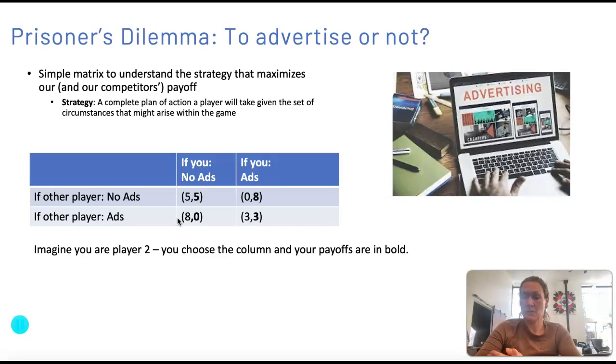You maybe have this much information, right? You can approximate what your competitors' payoffs might look like, but you don't know their choices yet. So based on that you're making a decision simultaneously, you're just like that prisoner in the other room, and you want to know if your friend's confessing or not. You're now sitting in the other room, and you want to know if your competitor's advertising or not.